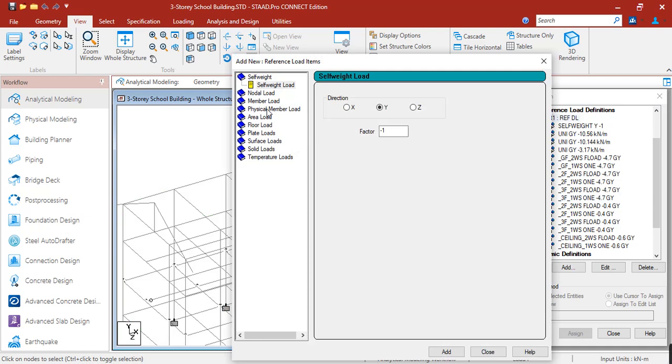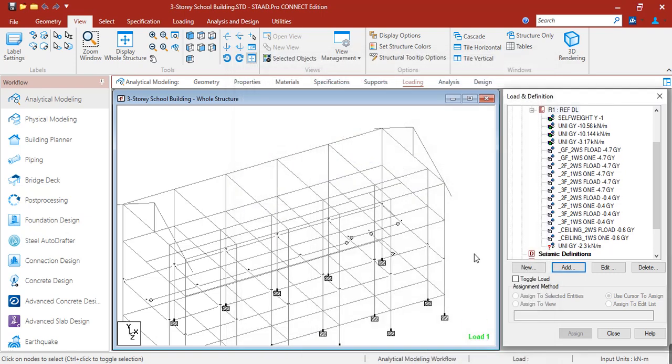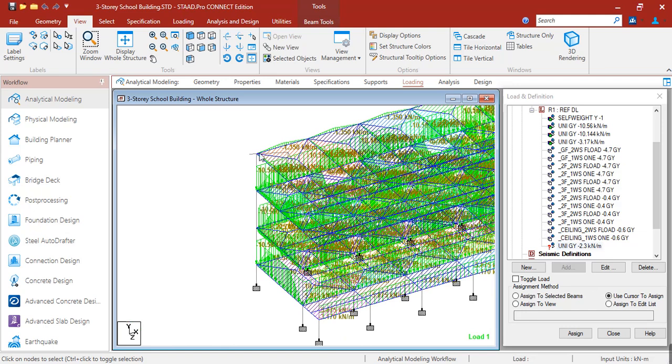Then for member load, uniform force, so 4.6 divided by 2, so that is negative 2.3. Again, this is for the global Y, click add. Then here, let's click the top board of the roof girder.